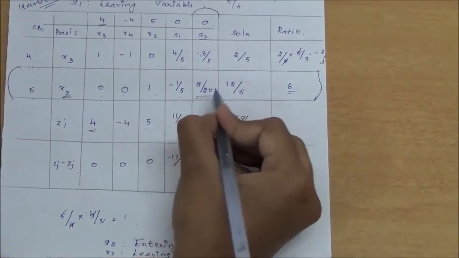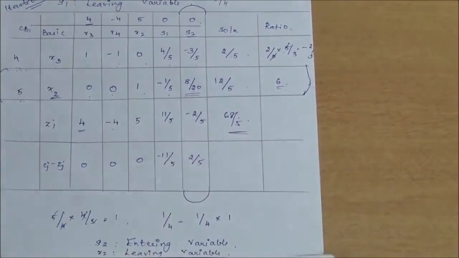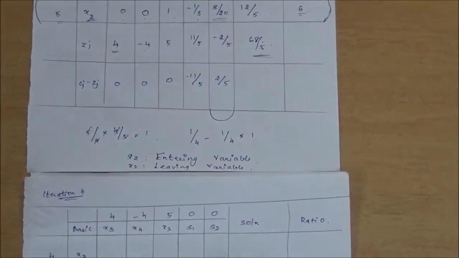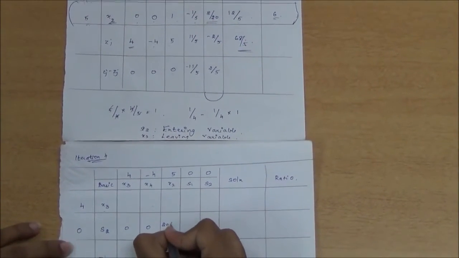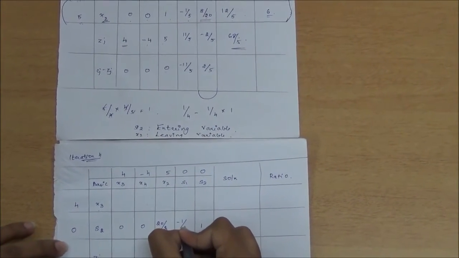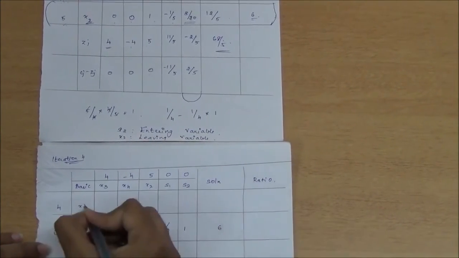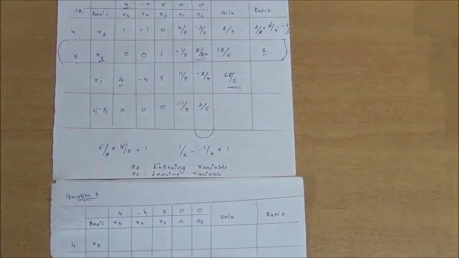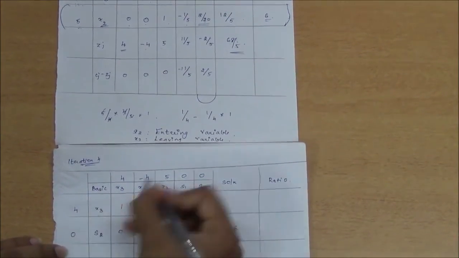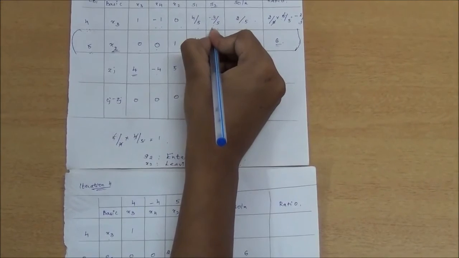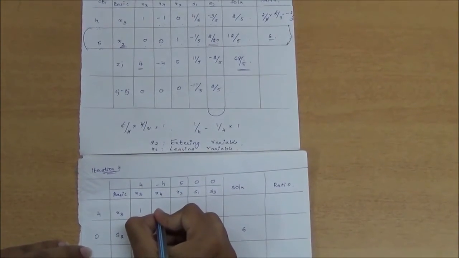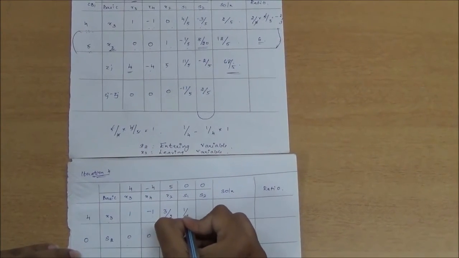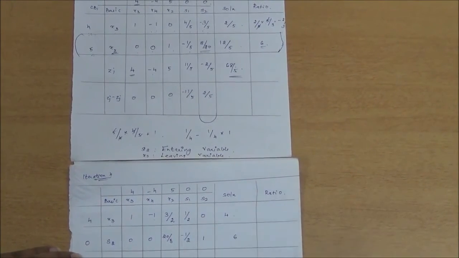To fill into these boxes, this is the intermediate variable. So 8 by 20 into 20 by 8 will give us 1. So it will be 1. And these values will be 0, 0, 20 by 8, minus 1 by 2 and here it will be 6. For x3, 1 minus 3 by 5 into 0 will be 1, and minus 1 minus 3 by 5 into 0 will be minus 1. Similarly, we will have 3 by 2, 1 by 2, 0 and 4.